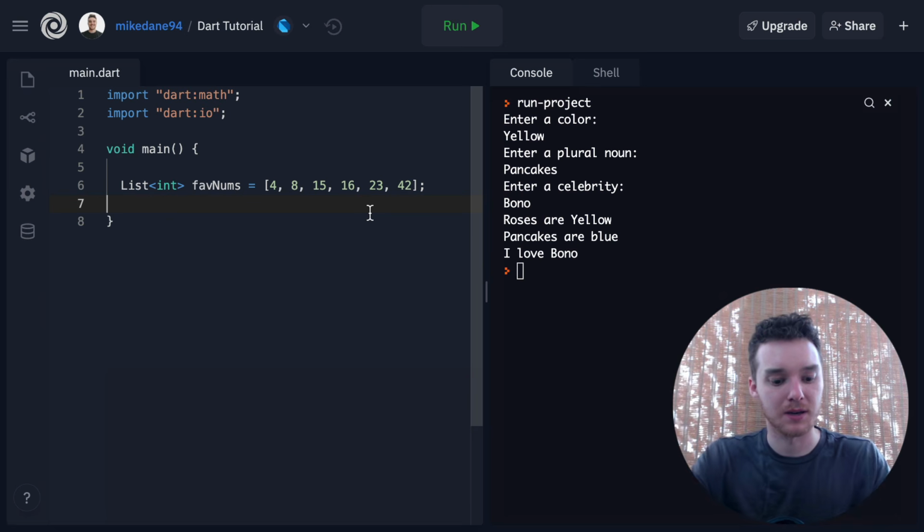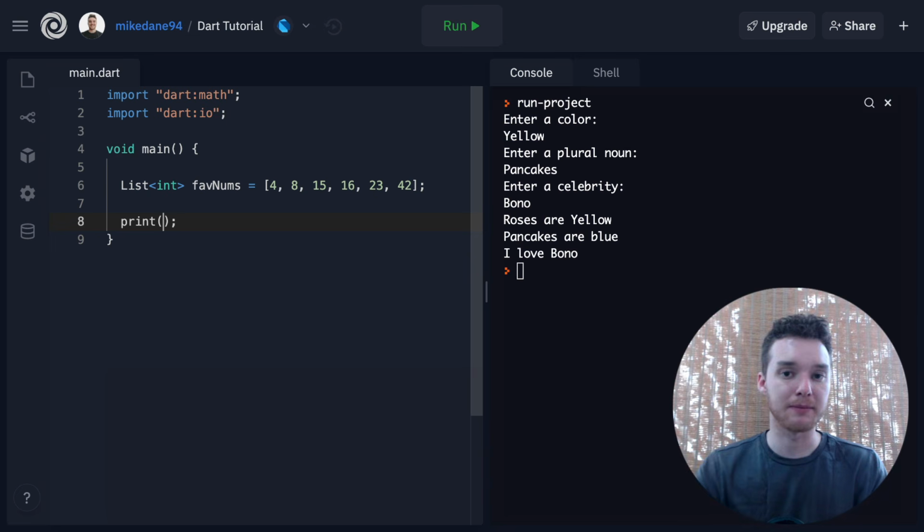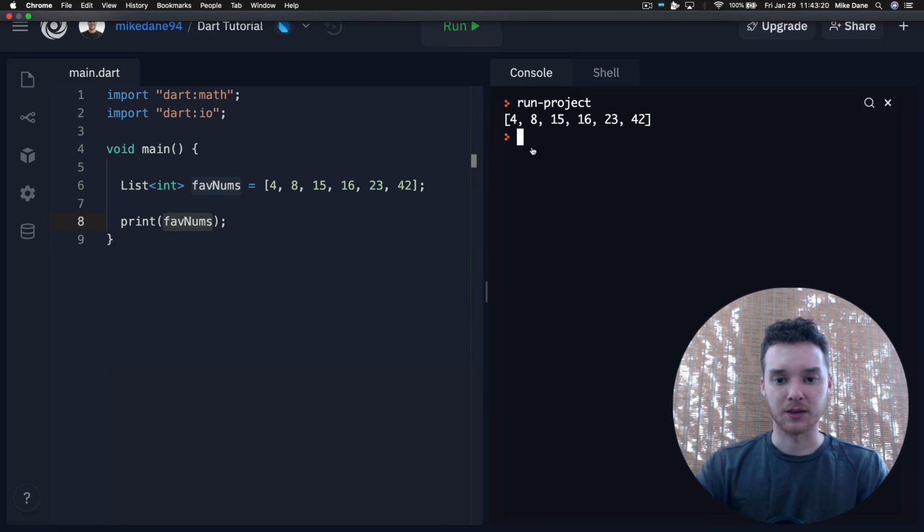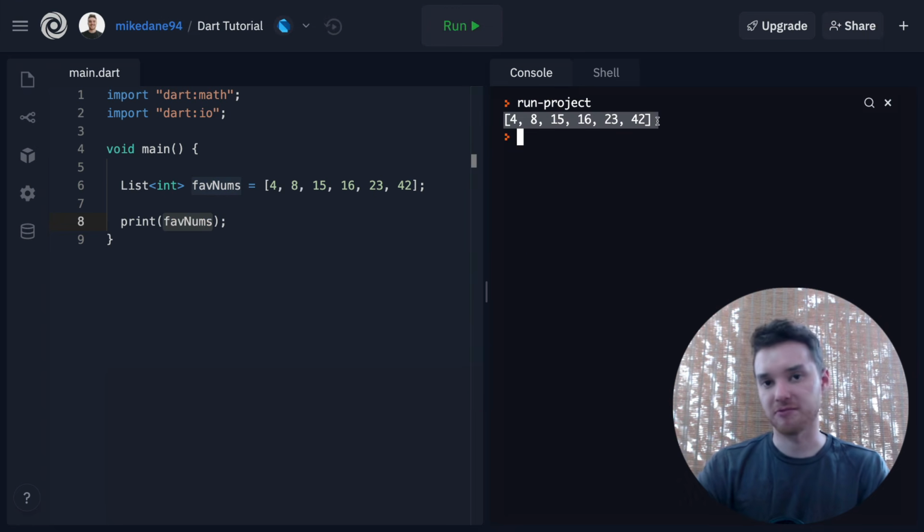I just might make a slip of the tongue and call it an array. Now, what we can do with these arrays is we can work with them just like we worked with some of those more primitive values like strings, integers, and Booleans. So I could actually print out one of these. If I printed out my favnums array over here,